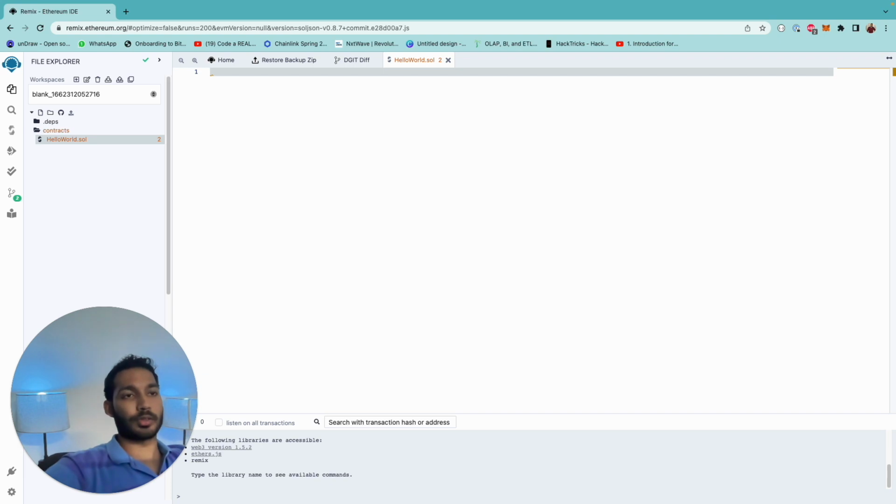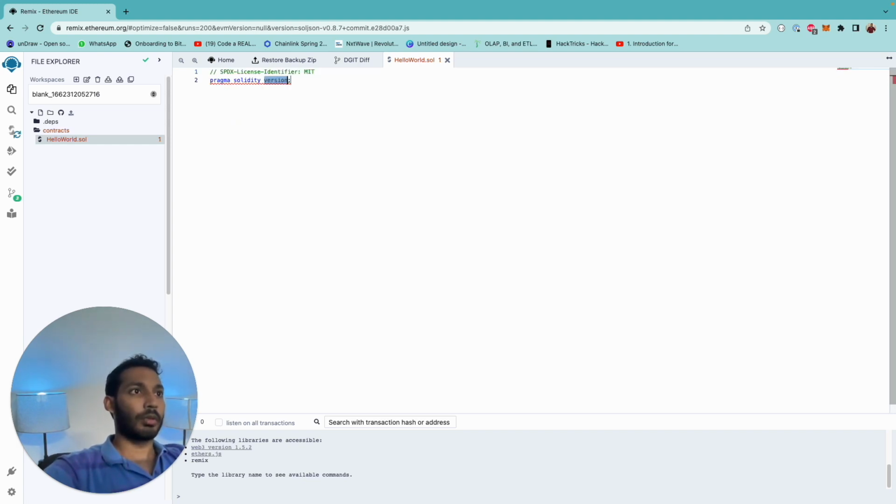So SOL is an extension for Solidity programming. First we need to define what is the version of the Solidity we are using. The syntax for this: pragma solidity version. Here you need to mention the version. The version that we are going to use is 0.8.13,